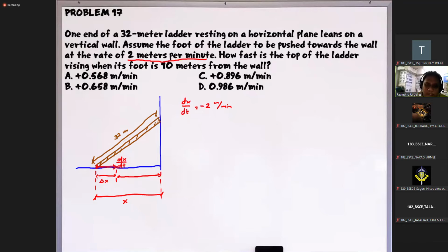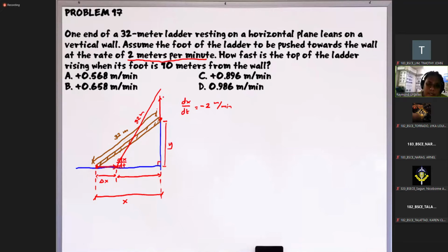And you can imagine that when we push it in this direction, since our ladder does not bend, does not shorten, does not lengthen, and does not break, then upon reaching this position we can assume the ladder will look like this and its length will not change. It is still 32 meters. So for that to happen, the top of our ladder will move upward, based on our figure. This will also have a change. Let's say this is the original value, y.